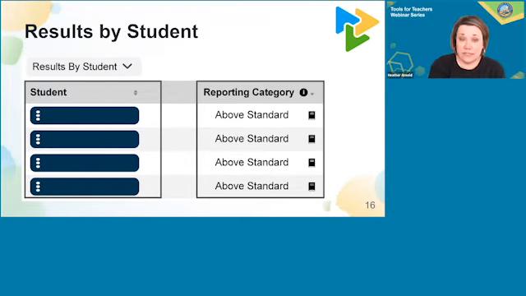During PLC grade level discussions, we will focus on how our class performed as a whole, and break down how many students we have in each category: above standard, met, nearly met, and below standard. We will discuss any trends that we may see, any surprises as to where students scored. We can dig deeper to investigate any surprise findings. For example, a student that scored lower than we may have expected, or vice versa, a student that scored higher than we expected.